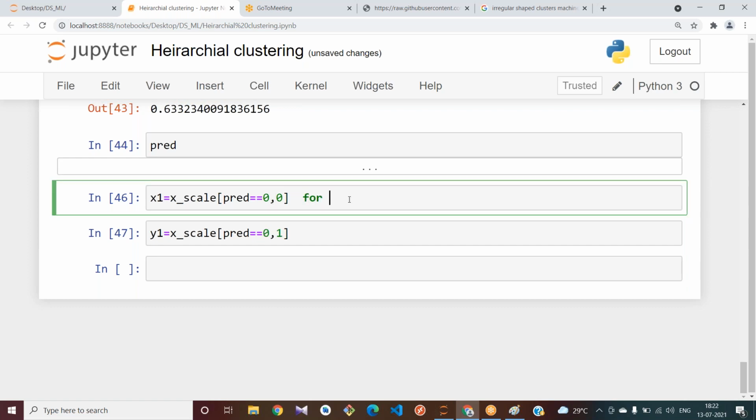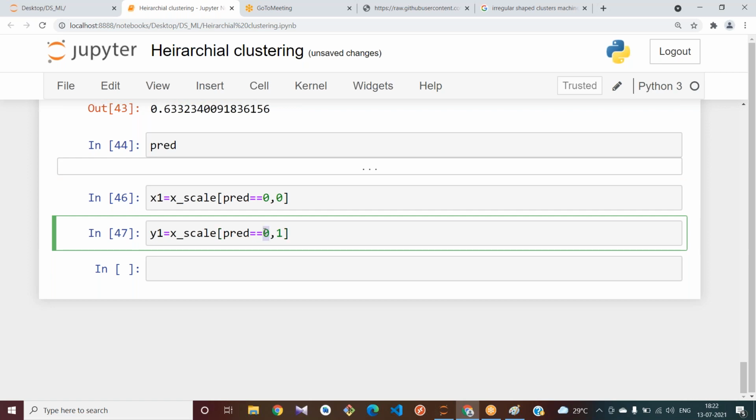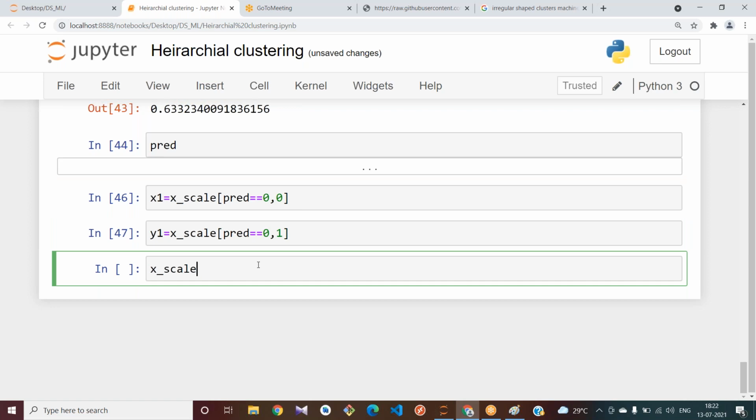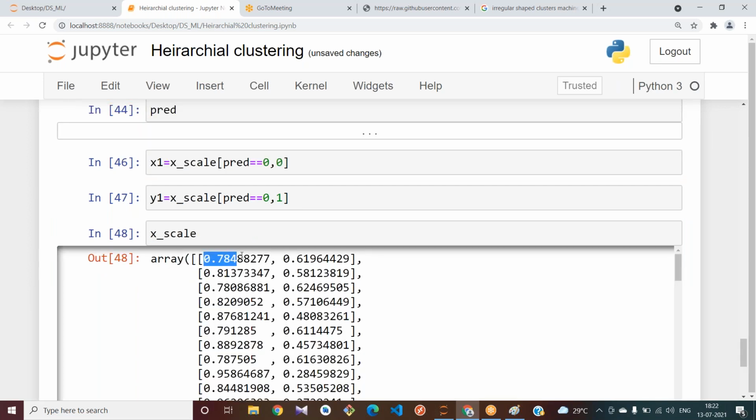This is the 0th column's values which have the output 0. The first column's values which have the predicted value 0. Have you understood this part? Please tell me. See, if you observe X underscore scale, this is one column of data.